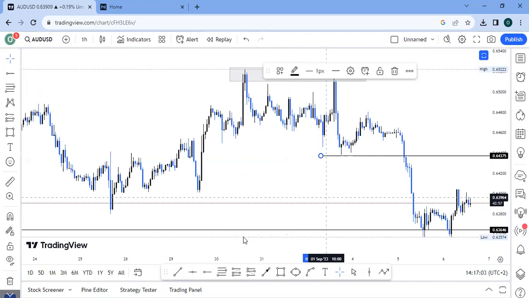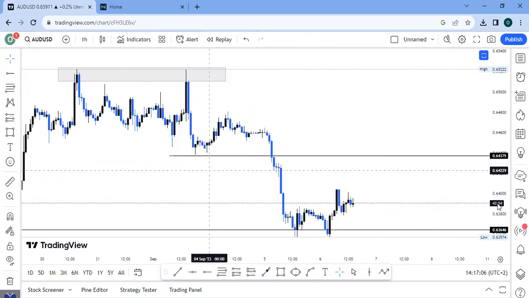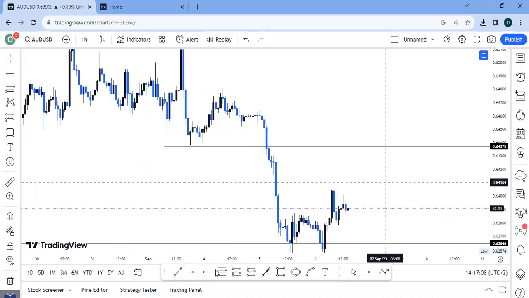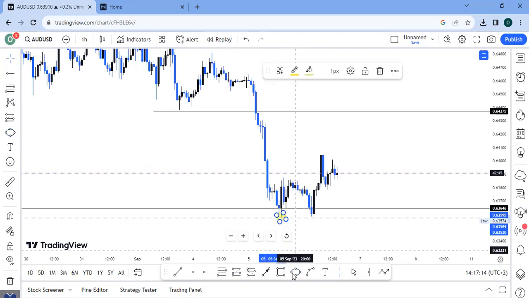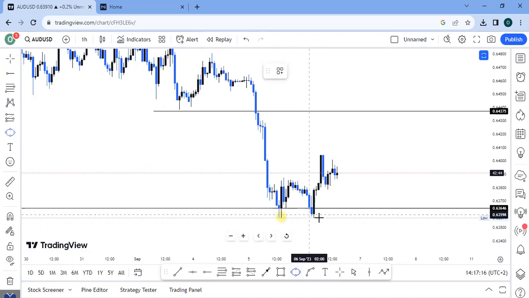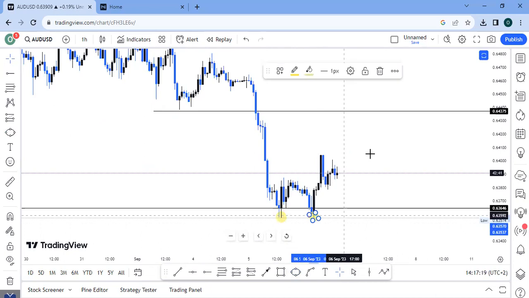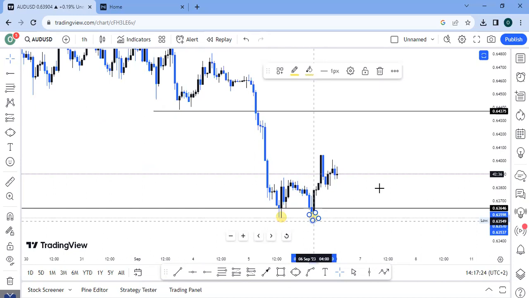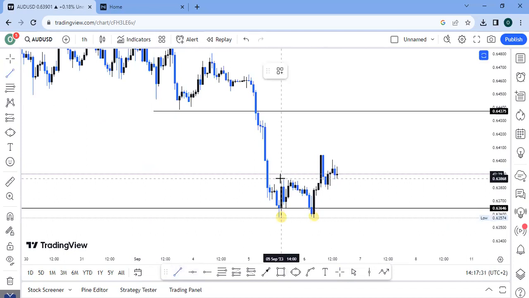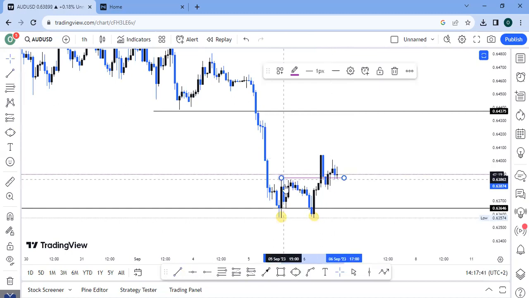what you can see on a 1-hourly time frame is that we sort of have this double bottom pattern over here. If you look at that bottom, these were the spikes that I actually highlighted on the higher time frame, right? So we sort of have this double bottom here, then we have this neckline, or this lower high that occurred here, and we can see that price has actually broken above this lower high here,